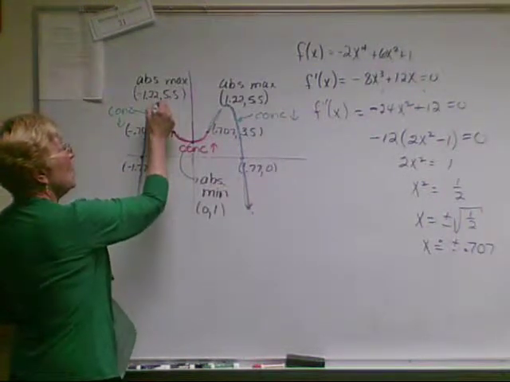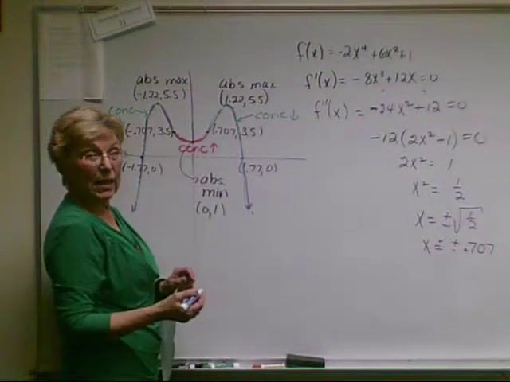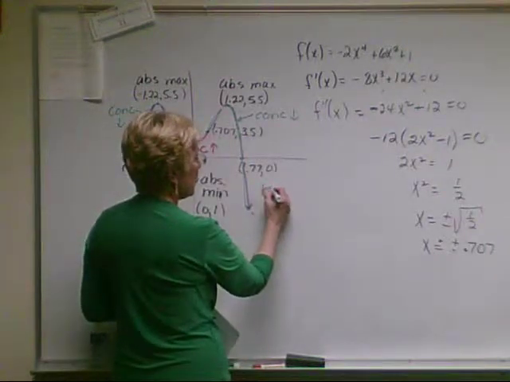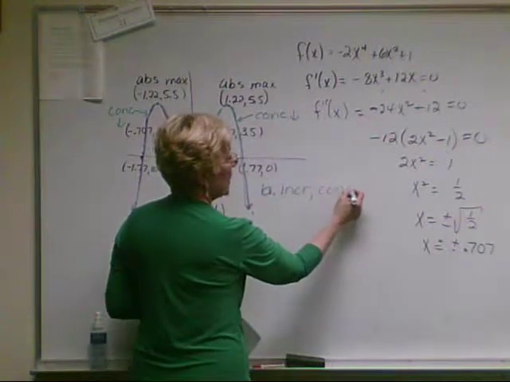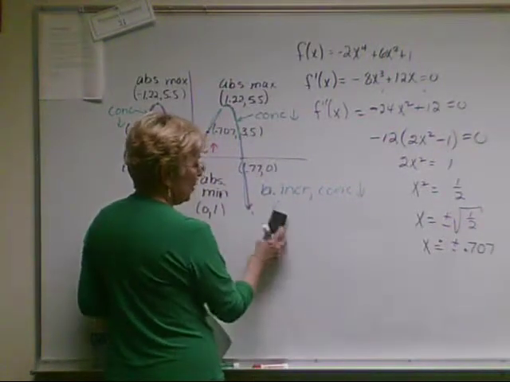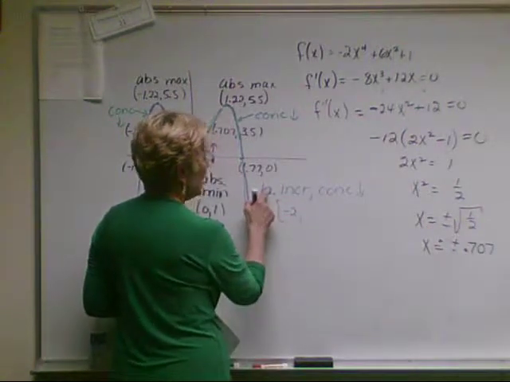Once we get up to the max, we won't be increasing anymore. So for part B, that is increasing and concave down from the end of the interval, and you can make it hard-sided if you want to include that, up to